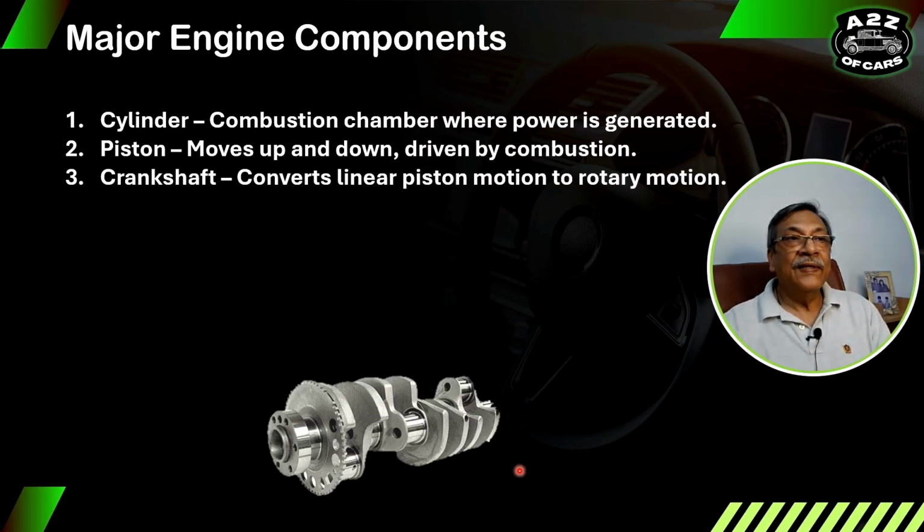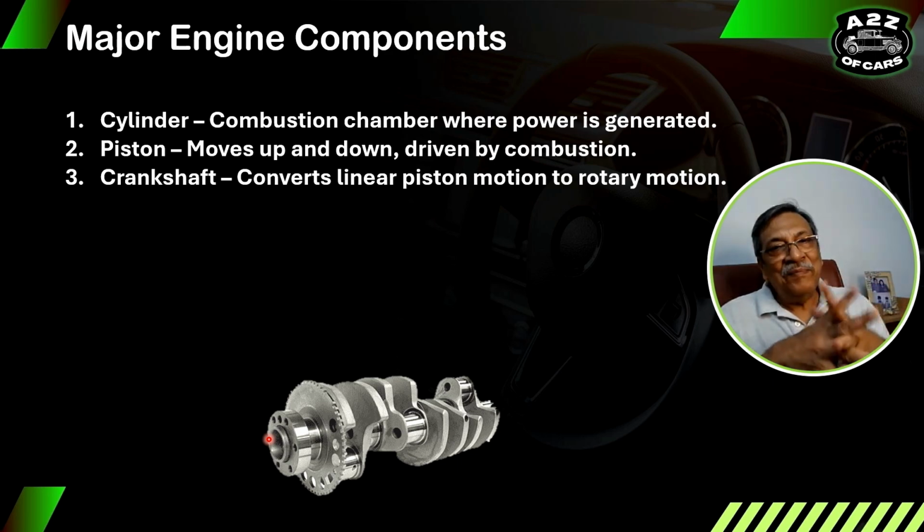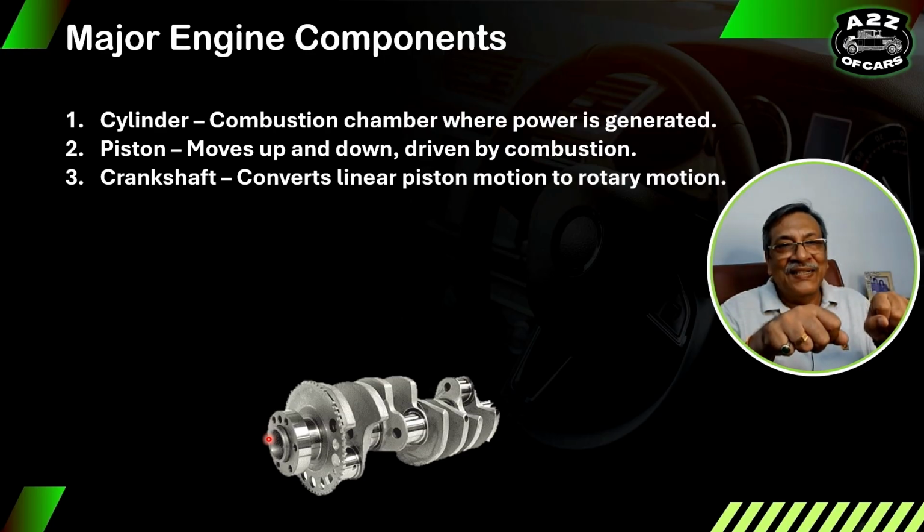Next we have the crankshaft. So crankshaft, you can take it like a cycle pedal, you know. So one goes up, the other comes down. When this goes down, the other one comes up. The same type of construction as for the crankshaft also, because this actually leads to the circular motion. Right? The up-down motion is converted into rotary motion. So because of that, the construction is similar, just like